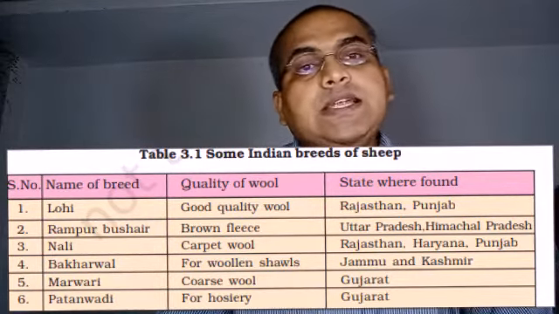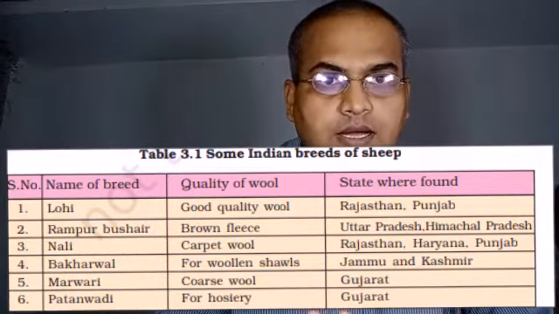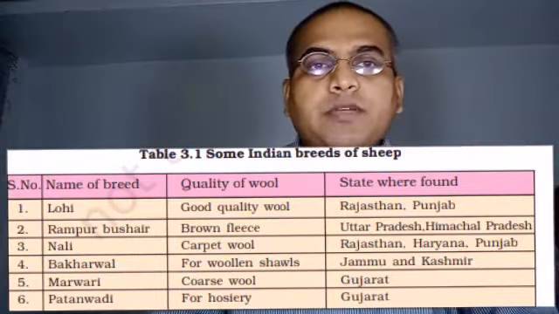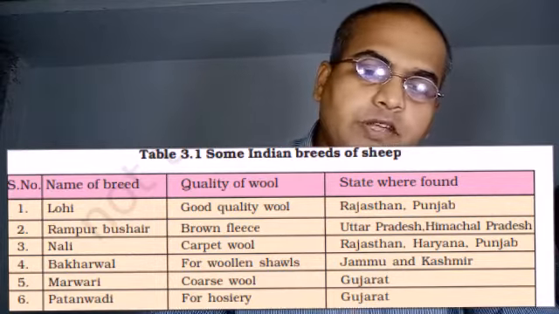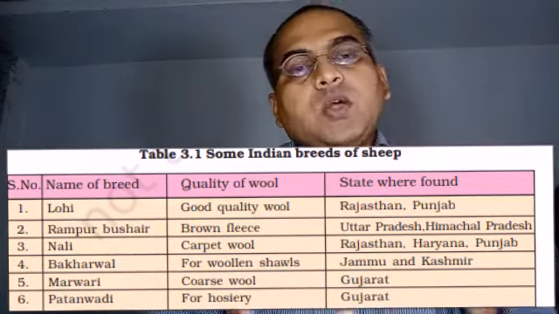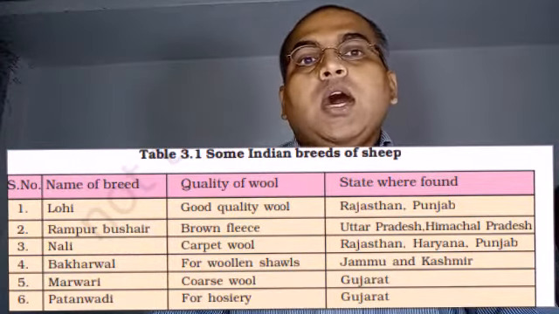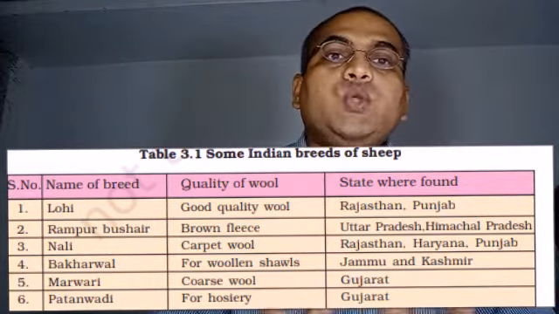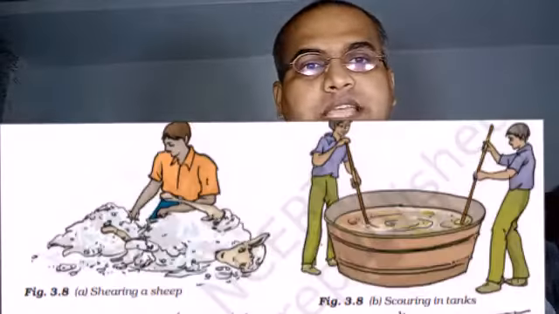The sheep doesn't get hurt because the upper surface layer of skin is dead. Like we also sometimes remove our hair, we don't feel pain, and in the same way they don't feel pain, and it will grow again. This is normally done in the summer season, when they don't need wool to survive, so we save them.